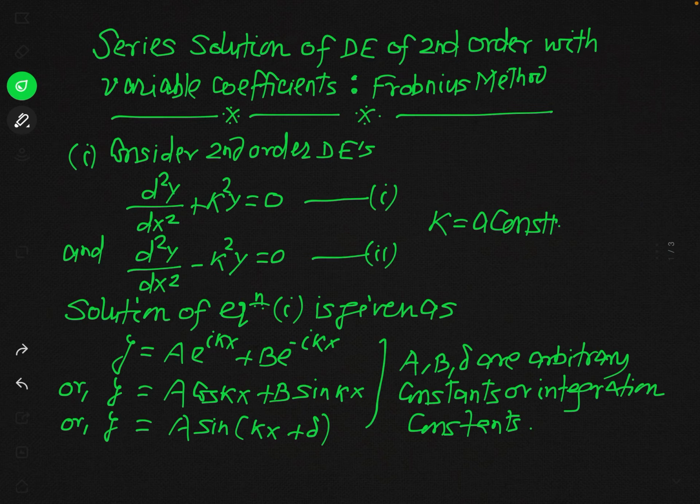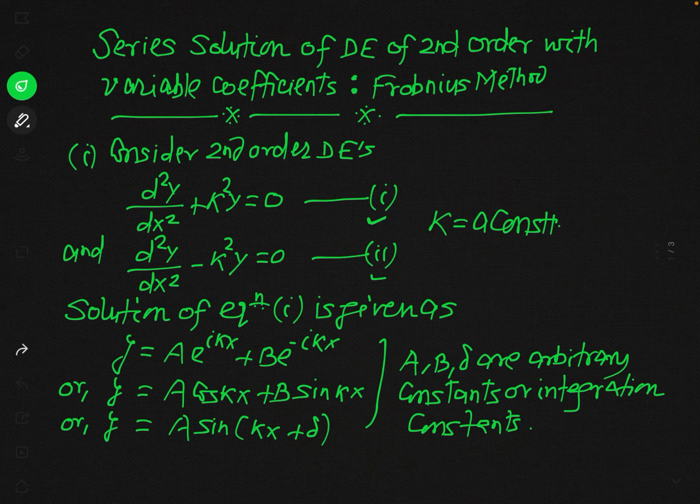In fact, you can see here, when you consider a second order differential equation of this form, d2y by dx square plus k square y equal to 0, and d2y by dx square minus k square y equal to 0. If you see equations 1 and 2, then you find that these are second order differential equations with constant coefficient, not variable coefficient. These are ordinary differential equations, and when you solve them, you have to integrate these two equations 2 times,